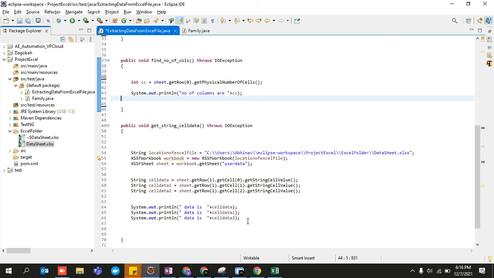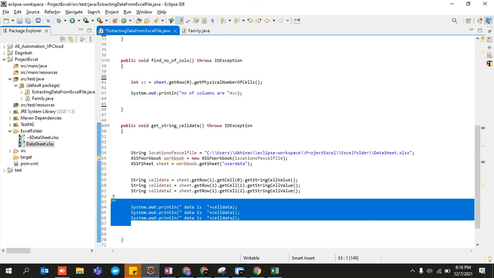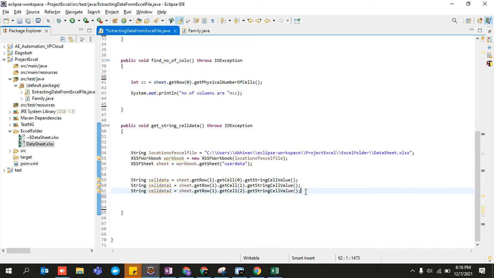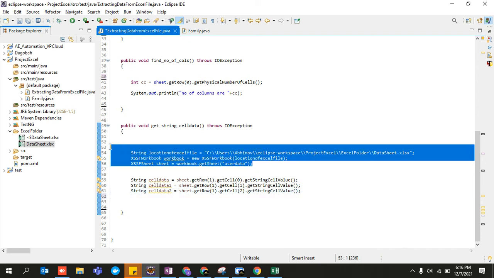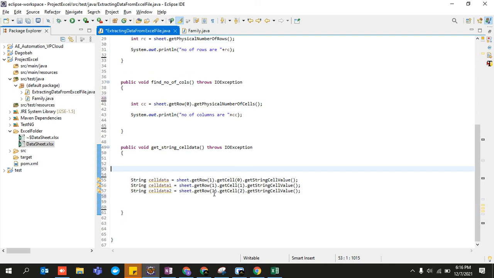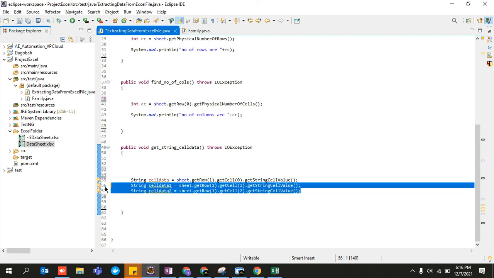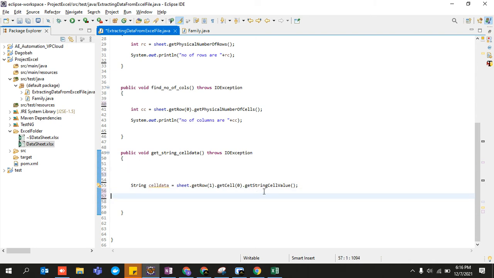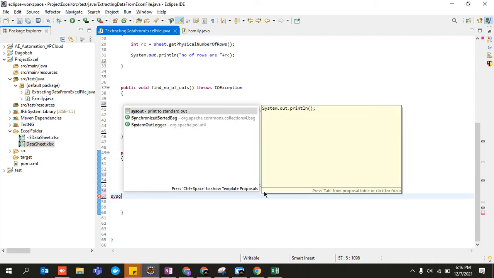So no need to print it over there. Oh, if you want, you can print it out.